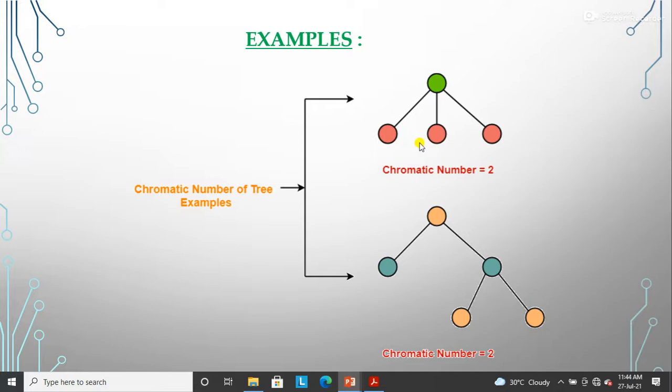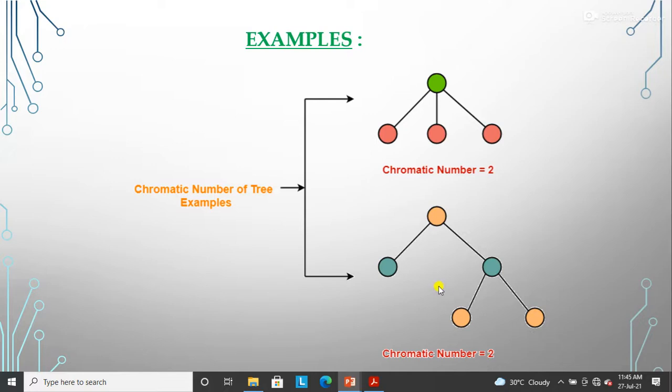These are not connected to each other, not adjacent vertices, so the chromatic number is 2. If we have a tree like that, right, these two vertices are not adjacent to each other, so you can give two colors, meaning with two colors you can complete the coloring of each vertex. So this chromatic number is 2, right?